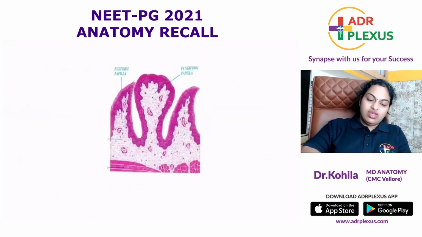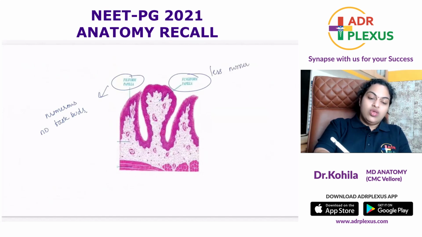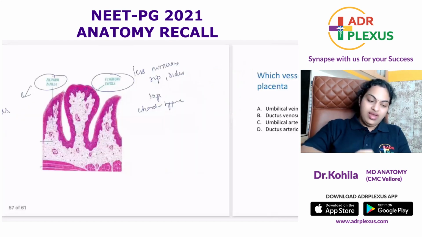So you should be able to differentiate it from the fungiform papillae and the filiform papillae. The filiform papillae, though it is most numerous, doesn't carry any taste buds. Okay. The fungiform papillae is less numerous. You can see it in the tip of the tongue, the sides of the tongue, okay? And the taste buds here will be actually present in the top. Okay, guys. And here the taste sensation is carried by your chorda tympani branch of seventh nerve, right?